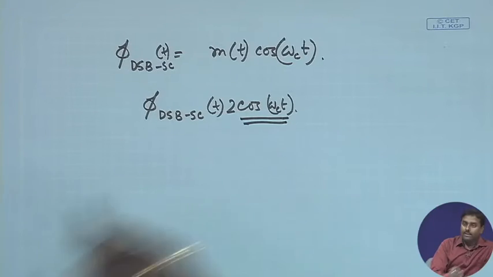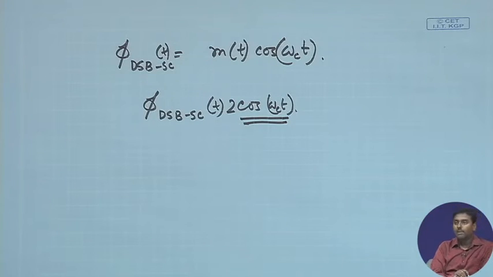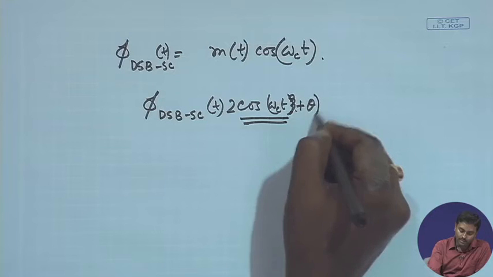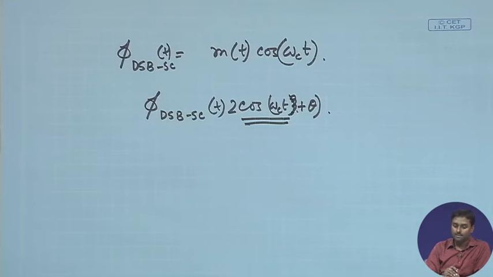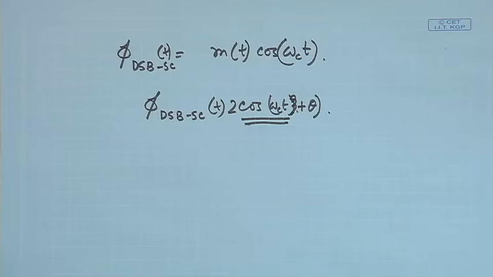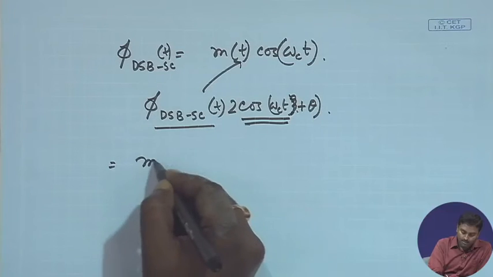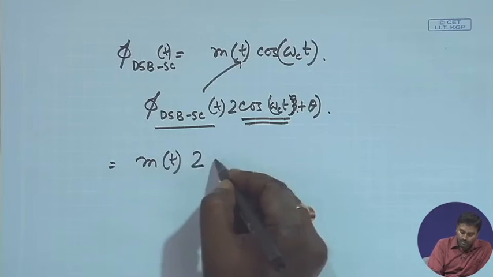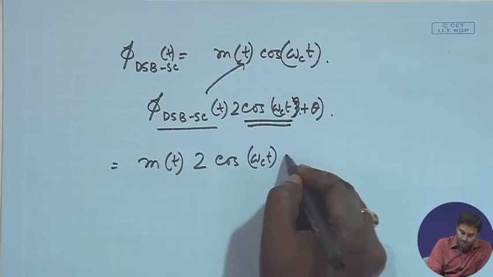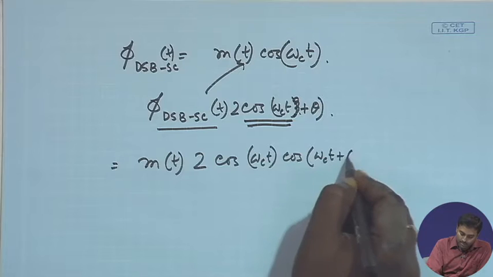But let us say this carrier that I will be multiplying with is not completely synchronous. Let us say that it has a phase offset of theta with the incoming carrier. Okay. So, let us say that I have probably detected the frequency very nicely, the frequency is completely synchronous, but in the phase there is an offset of theta. Okay. But that is the carrier I am generating, so I will multiply with that carrier. So, what do I get? Okay. So, I can replace this by this, so I will get m(t), 2 comes over here, cos omega_c t into cos(omega_c t plus theta).